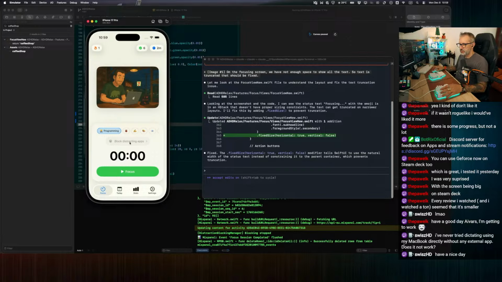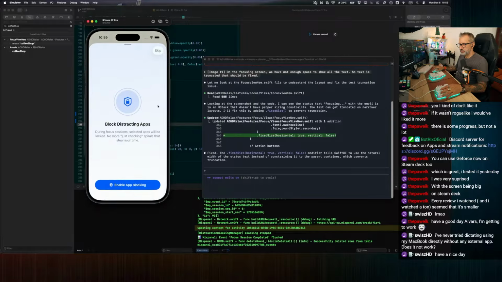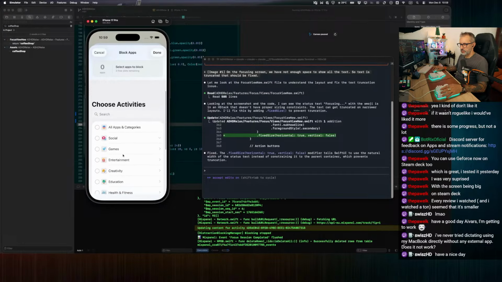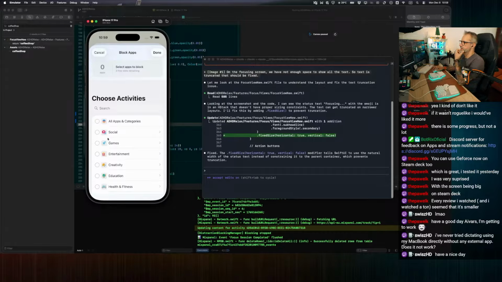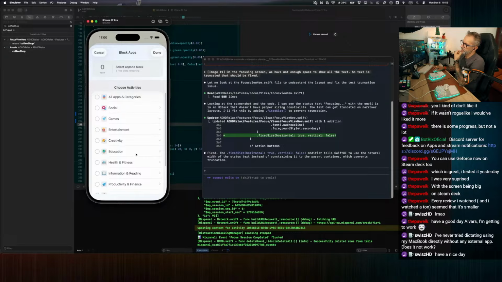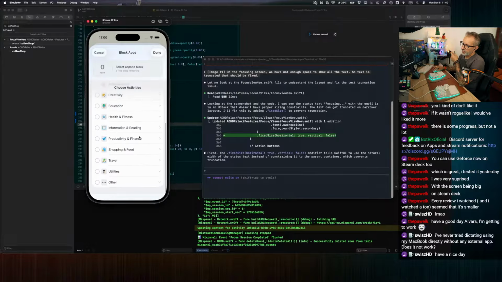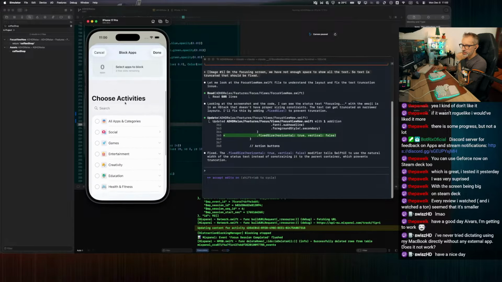Okay, as always, this looks fine. Block distracting apps, enable unblocking, grant access. Didn't we do that on onboarding? Don't remember. Of course, on simulator we don't have any apps. Okay, probably app blocking we should test on device, because there are no